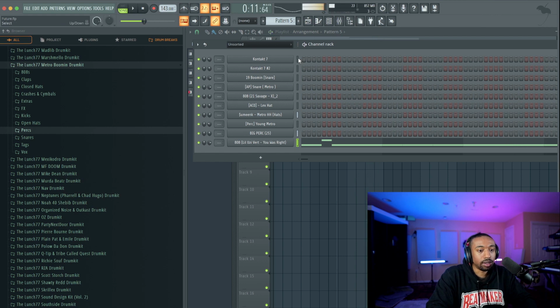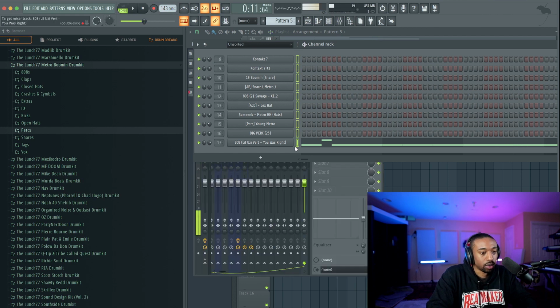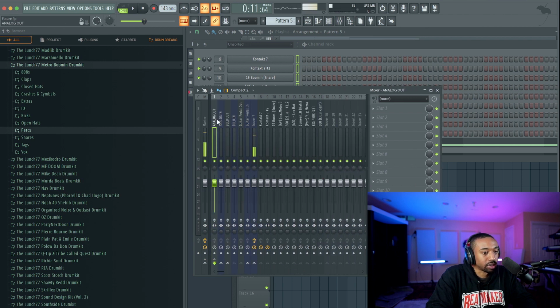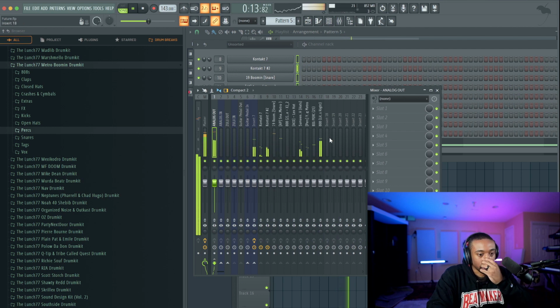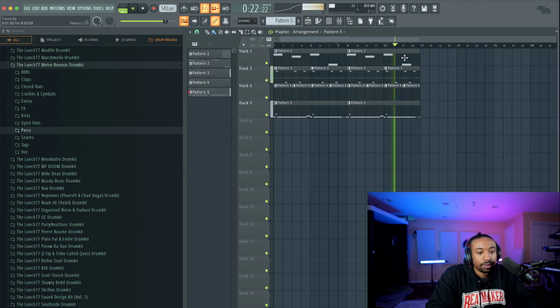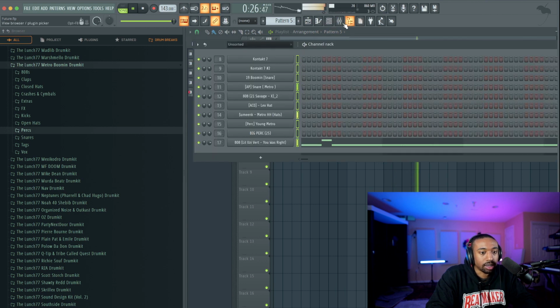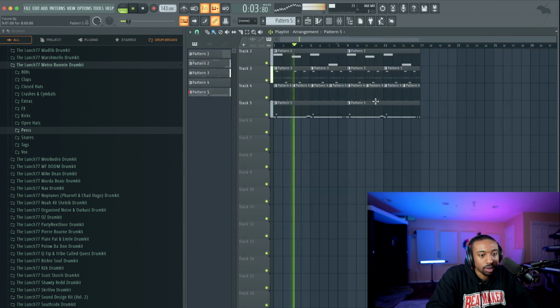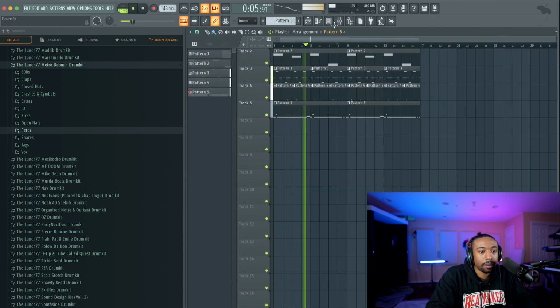So now you need bars. Let's hit Control L and send it to the mixer. I'm just gonna level it a little bit. Remember, it's all going through a limiter, so it helps us level the beat a little bit more. We don't really need to do anything to the beat. Maybe just turn the flute down a little bit. I think we're missing one of the sounds here. There we go. I don't know where our sound went for a little bit.